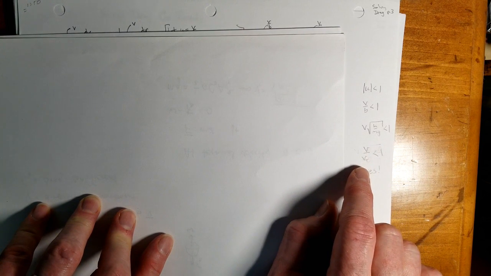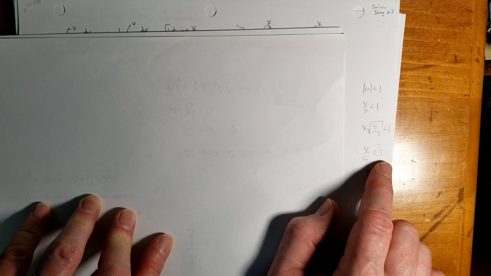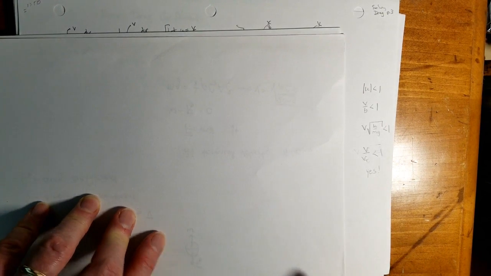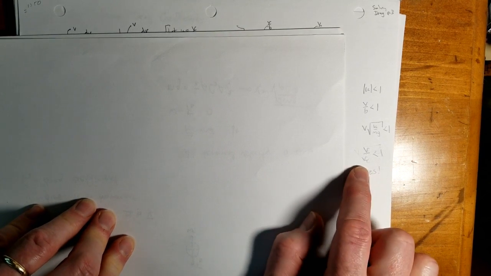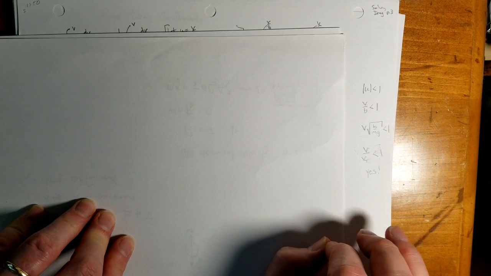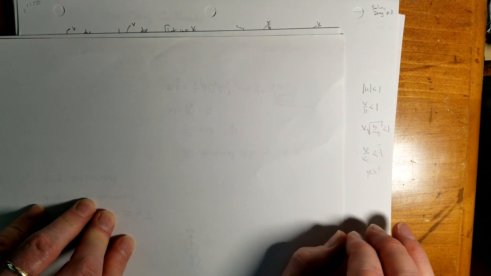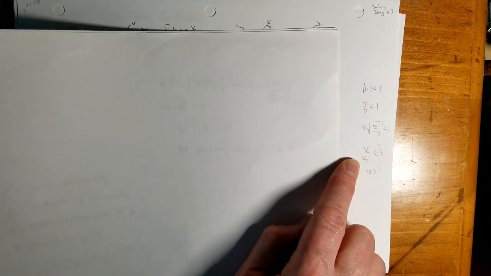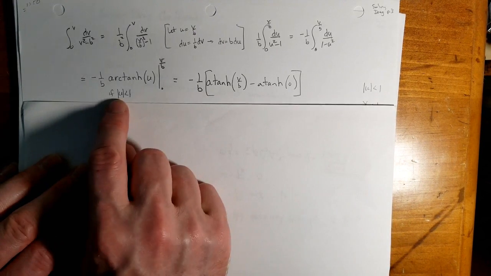And b is terminal speed, so v over the terminal speed is less than 1. If that's true, then that's true, and yes, it is. The terminal speed, or terminal velocity as it's usually said, is an asymptote, so we would get closer and closer to it without actually hitting it, so that will indeed be less than 1, although it gets closer and closer to 1. Having established that, we can now go to